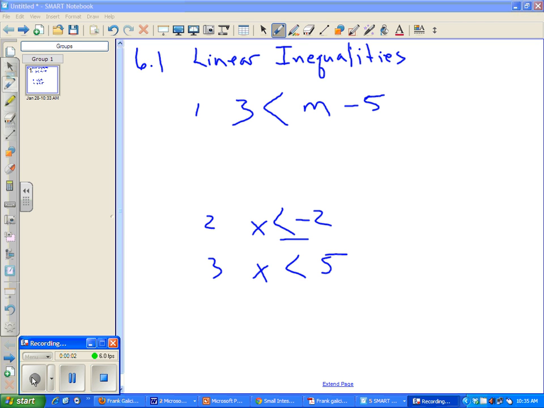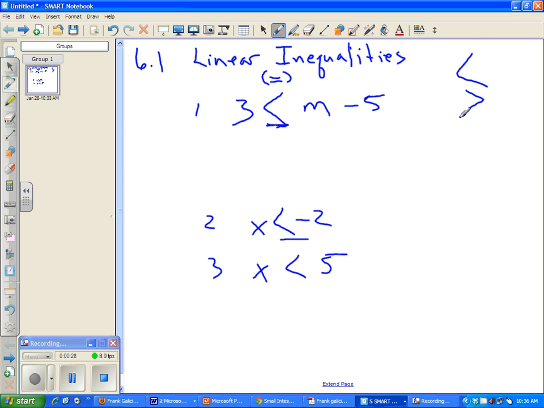Okay, 6.1, linear inequalities. Let's first start by discussing this inequality sign right here, and I'm underlining it on purpose just to bring your attention to it. That inequality sign acts like an equal sign, algebraically speaking, but not when you graph it out. So if you just think of that inequality sign, whether it is less than, greater than, less than or equal to, greater than or equal to, whatever,